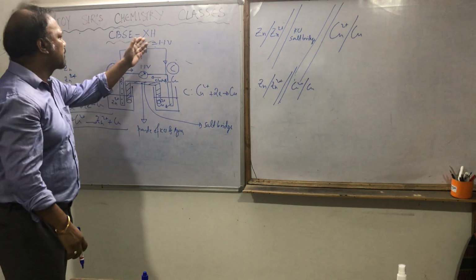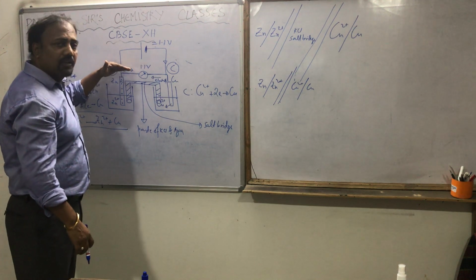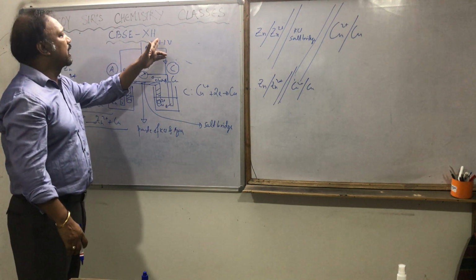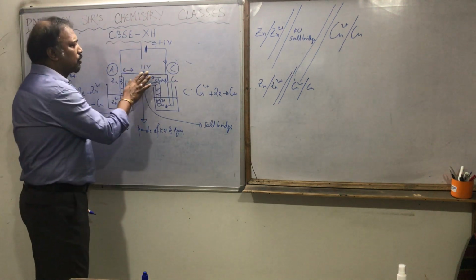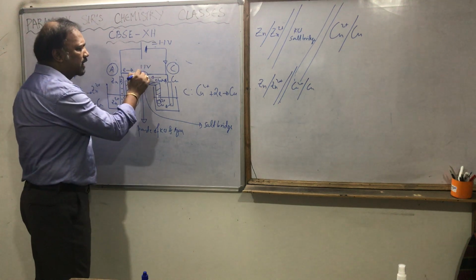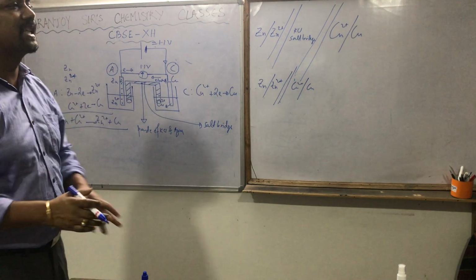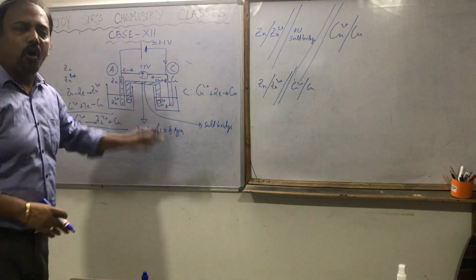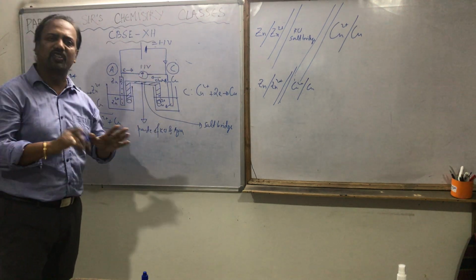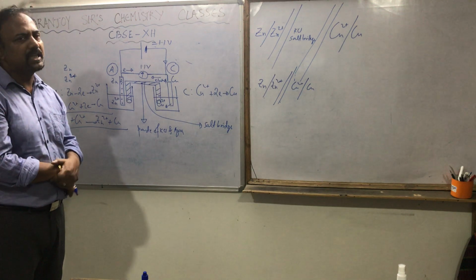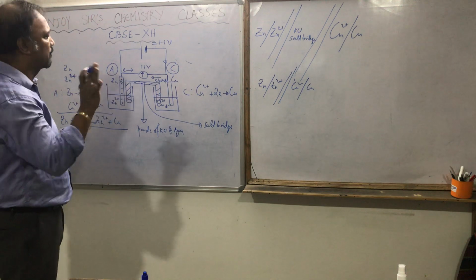As soon as I made it 1.1 volt, the electron is trying to move from zinc to copper naturally by 1.1 volt, and I am sending electrons from the outside source by 1.1 volt. So will there be any deflection? There won't be any deflection. That will be neutralized. At this particular juncture, this device is not used as any kind of cell. You have a little confusion with the physics and chemistry cell, that is why I am telling you; you will understand this now.